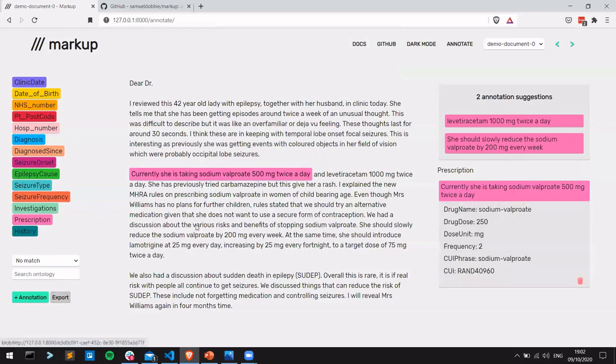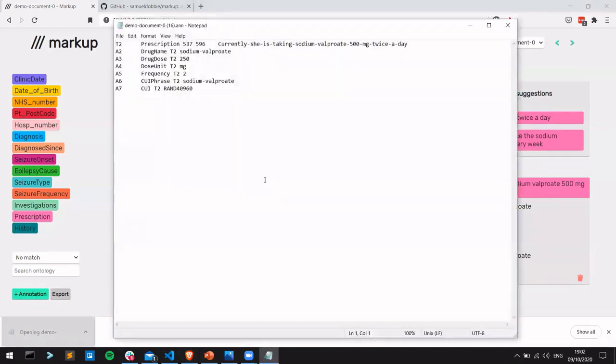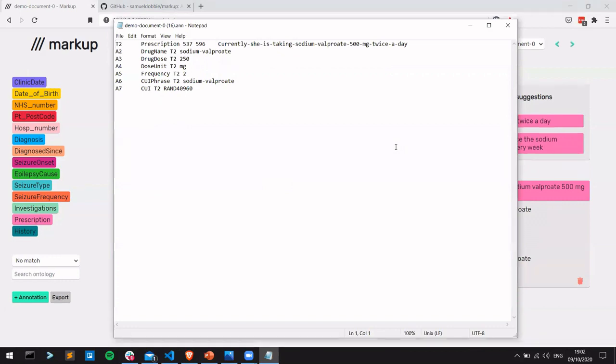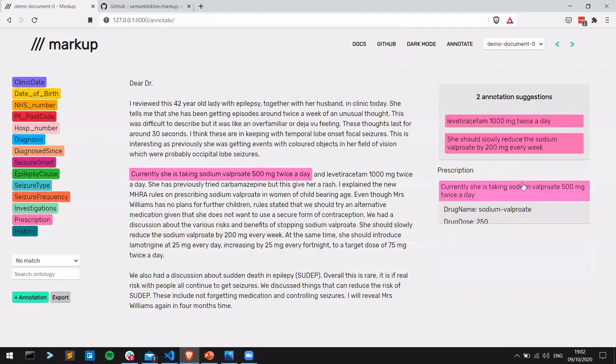Annotations can, of course, be exported. Right now, Markup allows you to export into BRAT standoff format, which is accepted in a lot of existing natural language processing tools, such as Gate. And it's also possible to